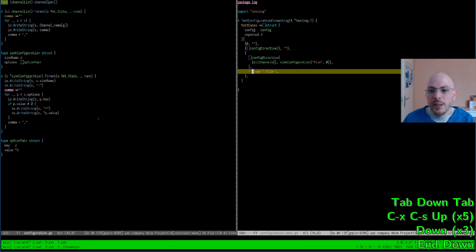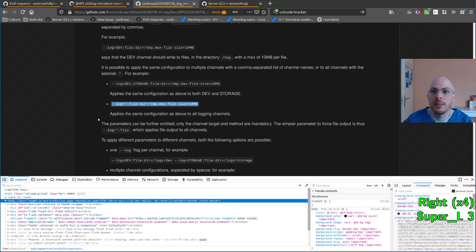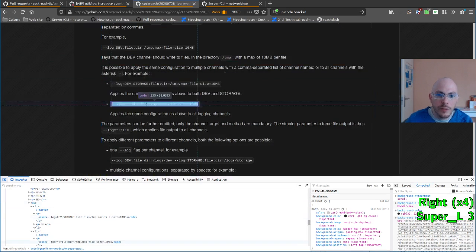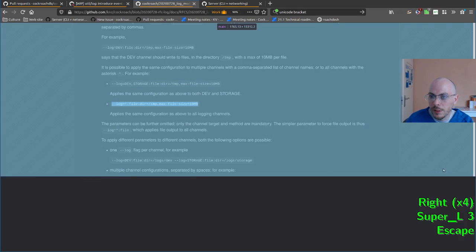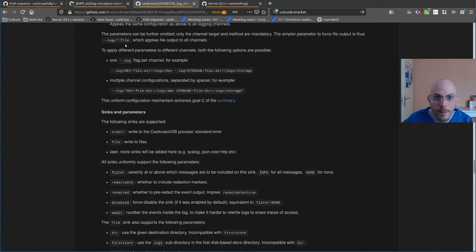Do I like the fact that this colon here is a bit alone at the end of the line? Do I want the user to say, oh, I want a file, but I don't care about any options? Like, do we want to make this colon optional? Well, I don't know, but let's see what the RFC has to say about this. Maybe my RFC has some suggestions. The parameters can be further omitted. The simple parameter is no parameter.